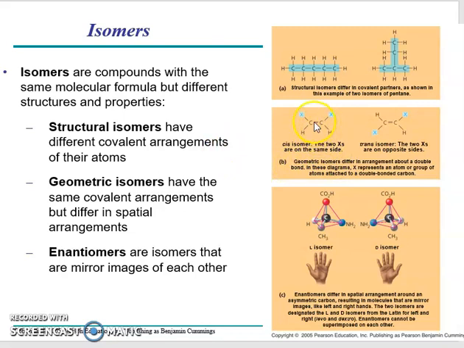Two carbons double bonded together, two hydrogens, and we're going to call these X's, right? It doesn't really matter what they are. They're just a variable, right? There's no element that begins with X, right? Now, this would be called a cis molecule because the two X's are on the same side of the double bond, okay? Trans isomers, the two X's are on opposite sides of the double bond, right?